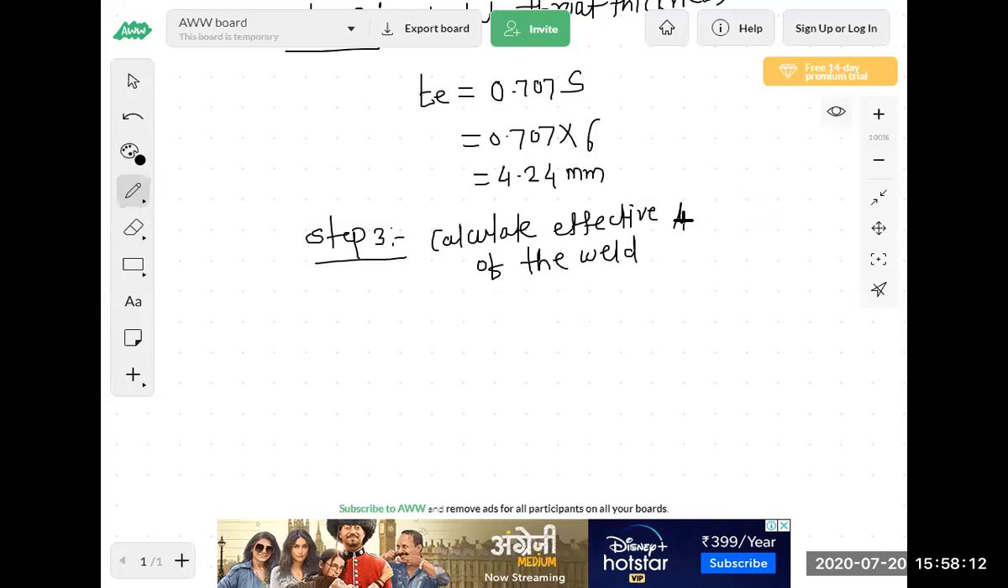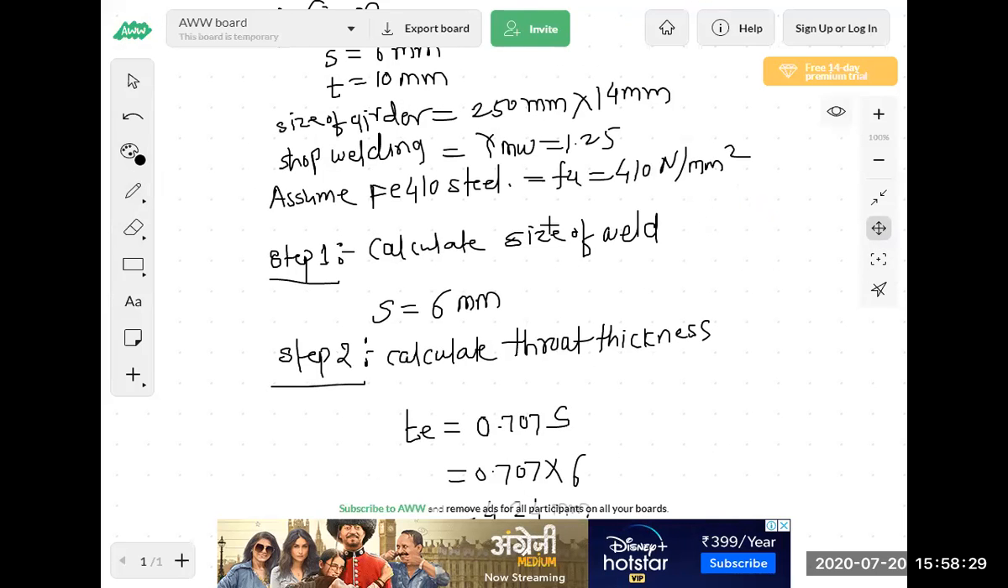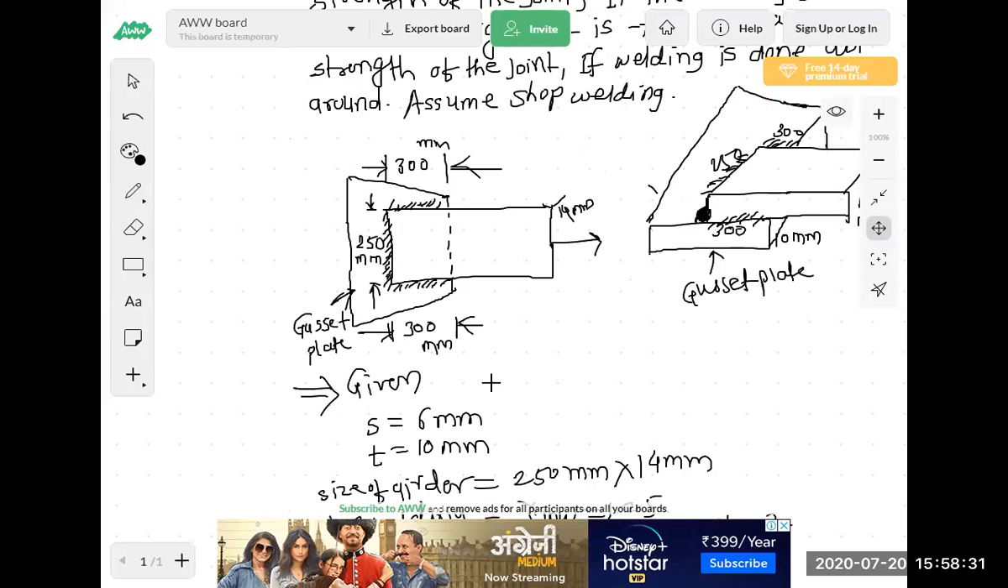Effective length. Now, how to calculate effective length? That is Lw. So you can see the procedure, effective length. Now we have to go to the figure. Everyone see the figure. They have given in the figure